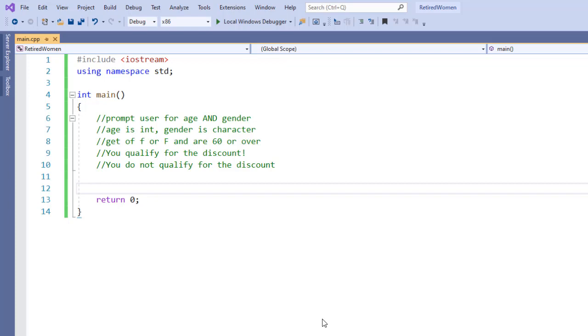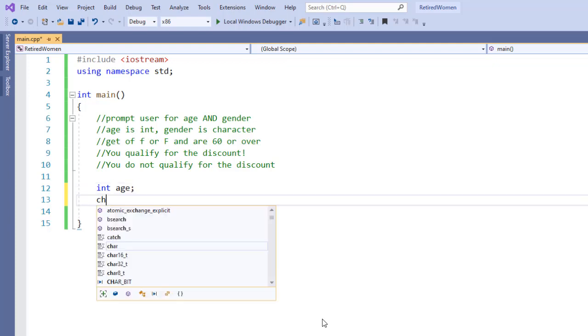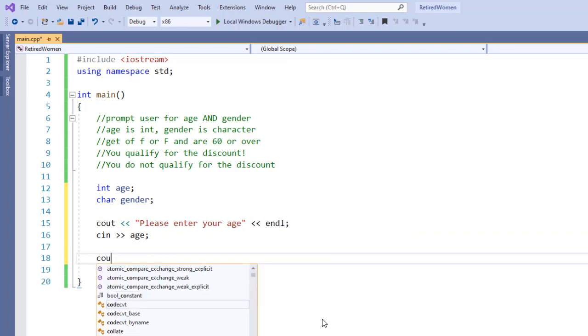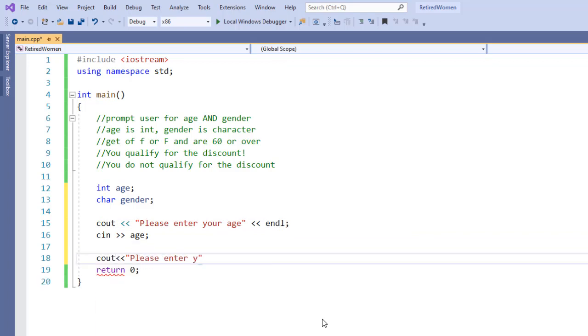So how did that go for you? Did you complete the challenge? Let's do it together and see what we come up with. You may not have done exactly what I'm about to do, as I said, but that's usually okay. The more complex these challenges and projects get, the more likely it is there will be differences between our code. So we're going to complete this. First I'm going to create an integer for age, and then a char for gender, and then we're going to say, please enter your age, and then that goes into age, and then please enter your gender,